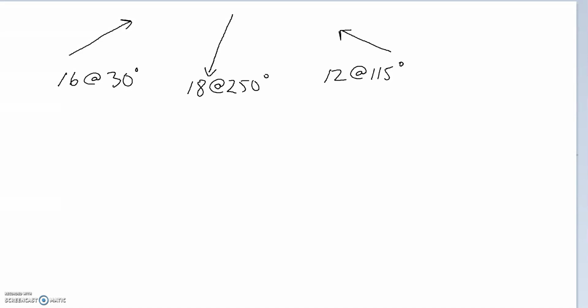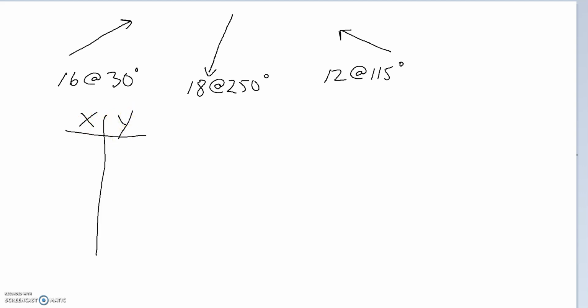We are going to look at how to add some vectors together. So we have three vectors and we need to break them apart into their components in order to see how this is going to come together. So I'm going to start by making a chart, an XY component chart for my vectors, an X component and